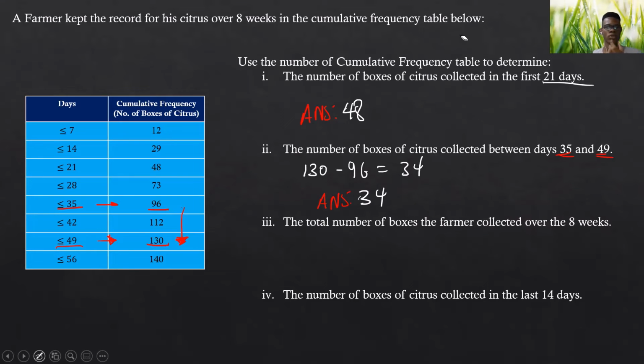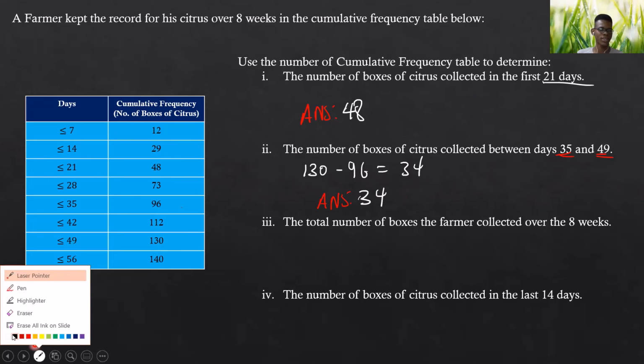Anyone with a guess for the answer for part 3? 140. All right, so you're saying 140. Why 140? Let me hear. Sir, because it said over 8 weeks. Said over 8 weeks, yes. So because it's over 8 weeks, you know it's 140. Okay, you are correct. It is 140, but